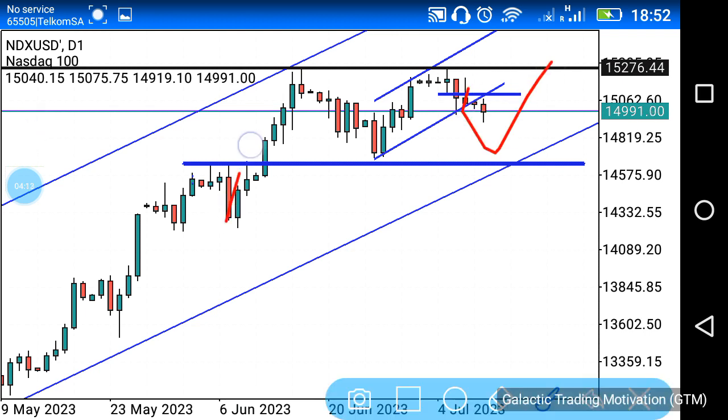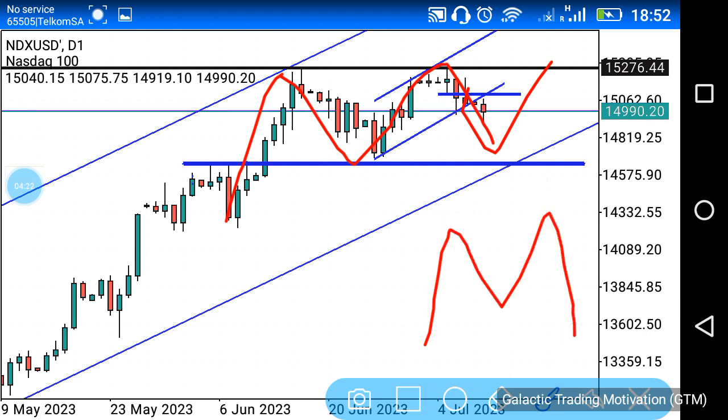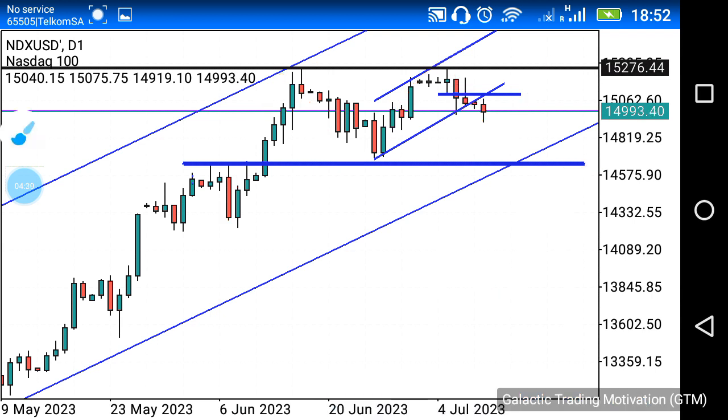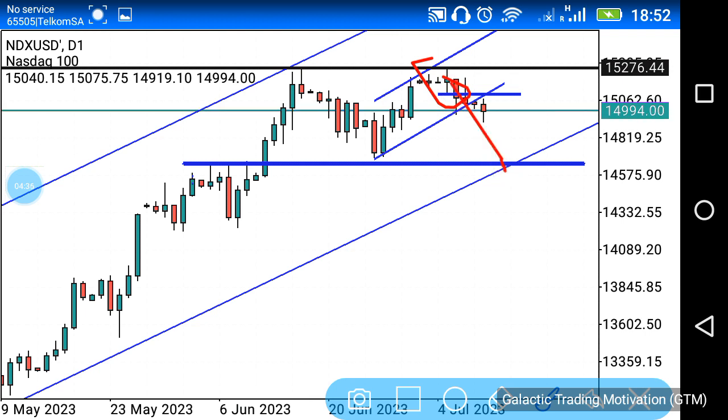That is because, guys, as I usually say, whenever we have these M structures, what normally happens is that a lot of traders and investors usually sell on that second leg of that M structure, and they place their stop losses just above, right? So it could be that this leg over here of that M structure is a trap, and the market may push further down to give more people an opportunity to sell and just place their stop